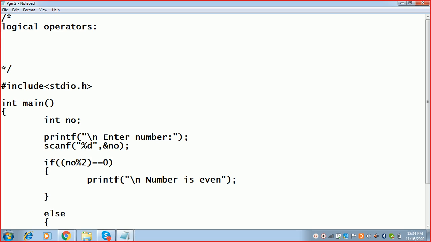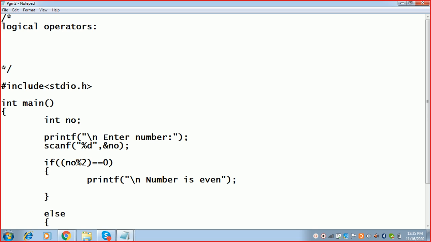But in real life, you may have multiple conditions, and either any one of those conditions is true, or all conditions must be true. So based on that, we will need to execute a sequence of tasks accordingly. Okay. So in that case, when we write our C program where we are using an if else block,